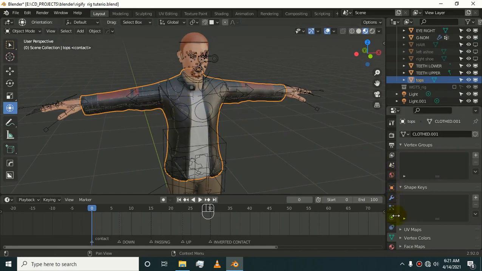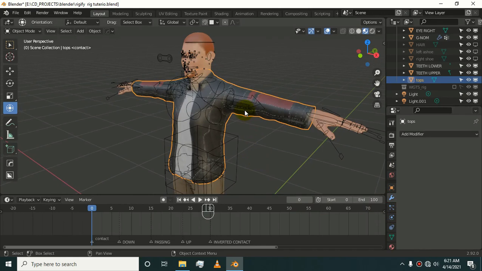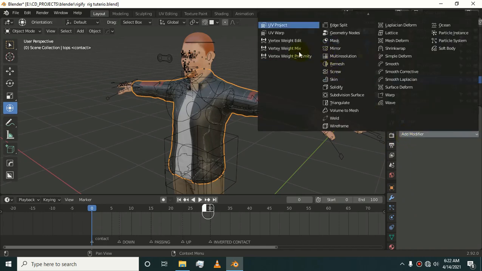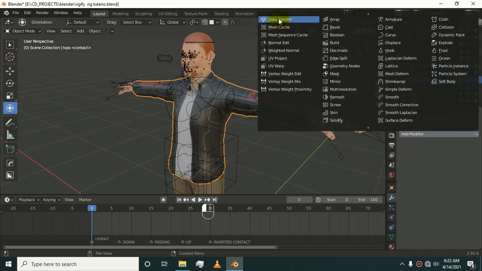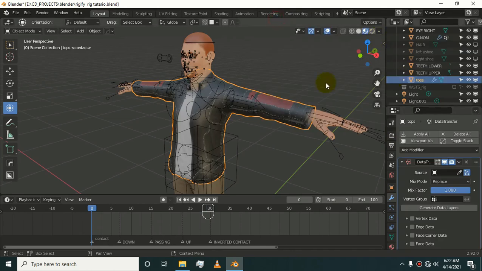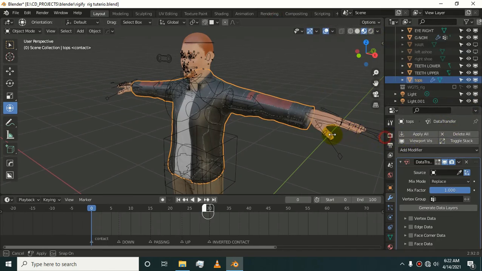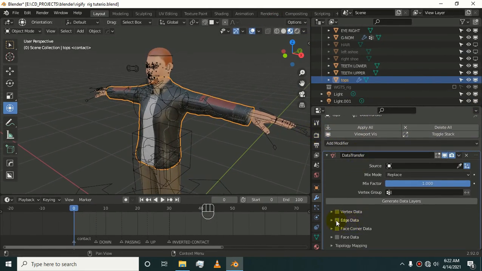Anything you want to attach, go to add modifier. In this case we have to attach our shirt to our body, so just add a data transfer modifier. The data transfer modifier will copy any data you mention from the source, whether edge data, vertex data, face center data, or face data.